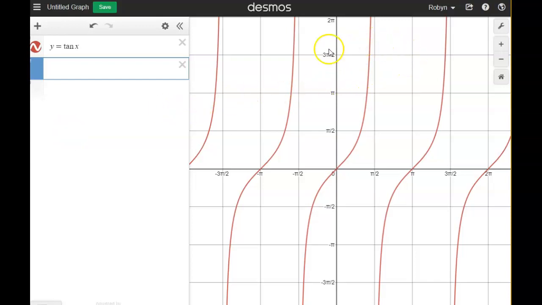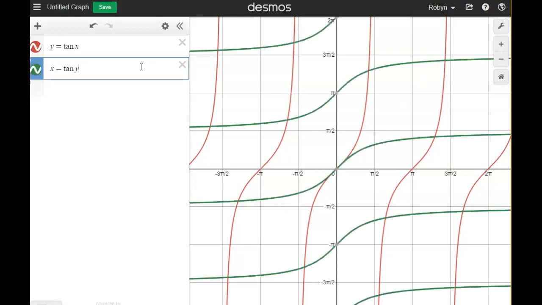So starting with the parent graph, y equals tangent of x, to find an inverse, we switch the x and the y. So let's go ahead and graph x equals the tangent of y. And we can see that those green curves that are x equals tangent of y fail the vertical line test, right? Tangent was a function because it passed the vertical line test. Its inverse that we found by switching the x and y fails the vertical line test, so that is not